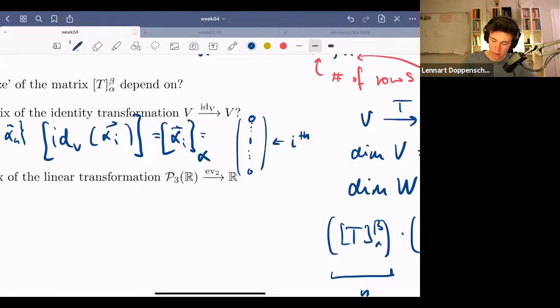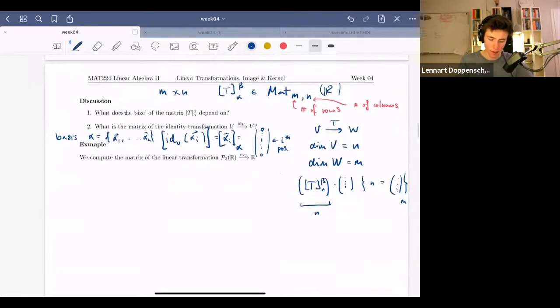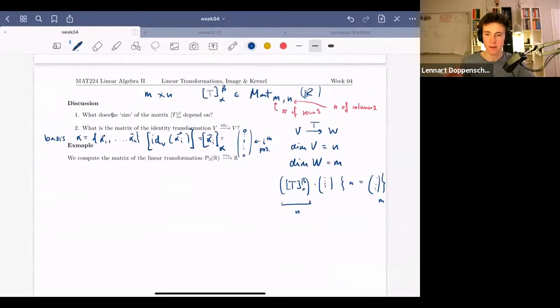I'm running out of space here. And then if you assemble all these vectors with 1 at the ith position into columns, then you're going to have exactly a diagonal matrix where the diagonal is 1 along the diagonal. Yes, that's what Gen C just wrote in the chat.